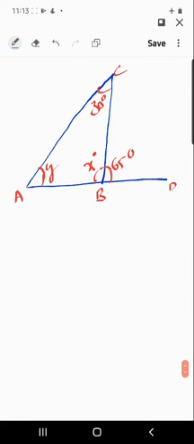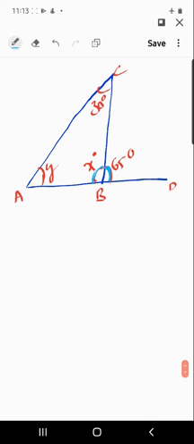Okay, observe another problem here, triangle ABC. In this triangle ABC, angle A is y and angle B is x, this side is the exterior angle 65, and angle C is 30. We are going to find what is the x value and what is the y value. So here you see in triangle ABC only one angle we know, that's the reason we can't find x and y. Minimum two angles, by using angle sum property we can find it.